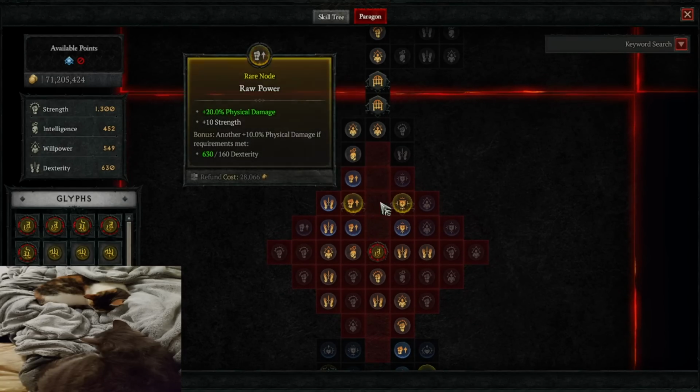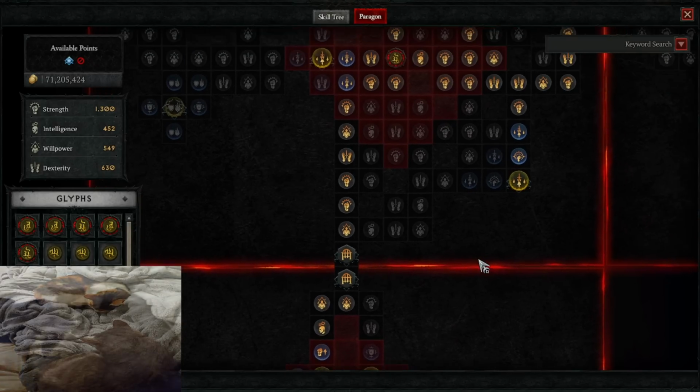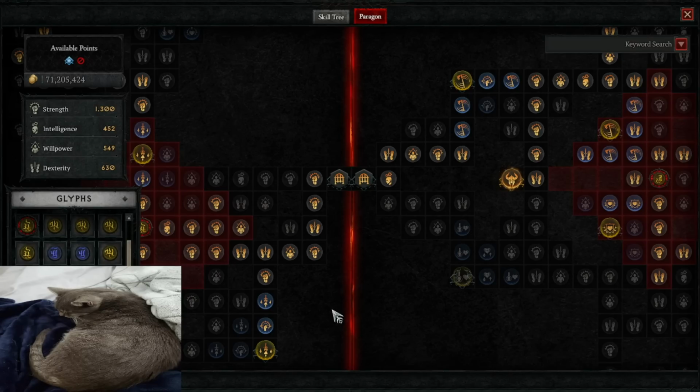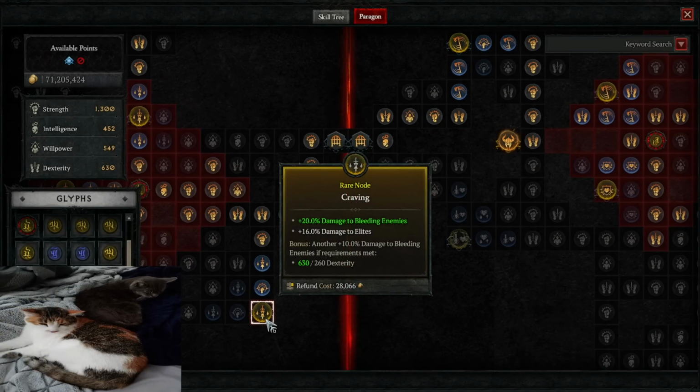Grab both of these rare nodes, pick up all the dexterity that we can in the starter board. I'm going to connect the Blood Rage as my first board. I'm going to be using the Ire glyph, damage while berserking, and while berserking we gain a 10% damage reduction from elites. I initially went over to the right here, came down to grab the damage to bleeding and damage